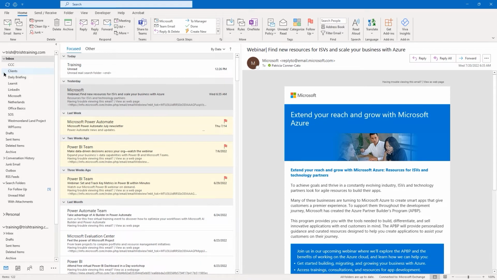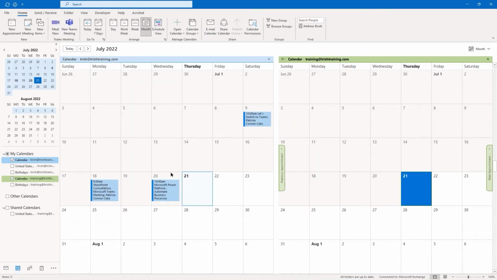Now we're going to switch our focus to the Outlook calendar. One of the biggest complaints I hear from people about Outlook is, once I open the calendar, I can't see my email. Well, you actually can. Let's do it two ways. If you go down to the bottom of your folder pane and you have those icons, the second one is calendar. Click on it, and it takes you into your calendar.